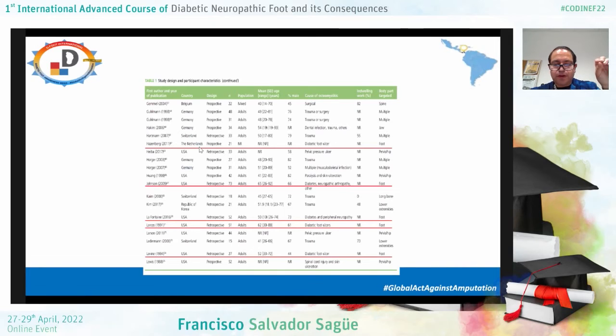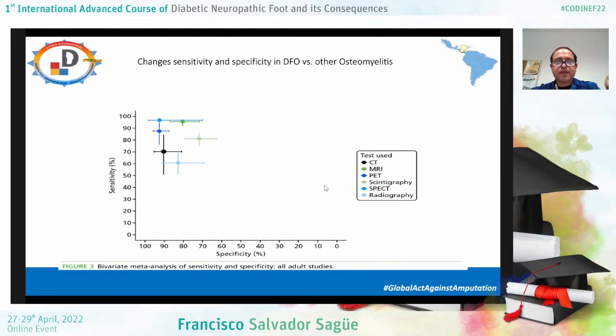Several articles were about osteomyelitis in diabetic foot. Here are differences from the diagnosis of osteomyelitis in other scenarios. Again, diabetic foot osteomyelitis. There are several